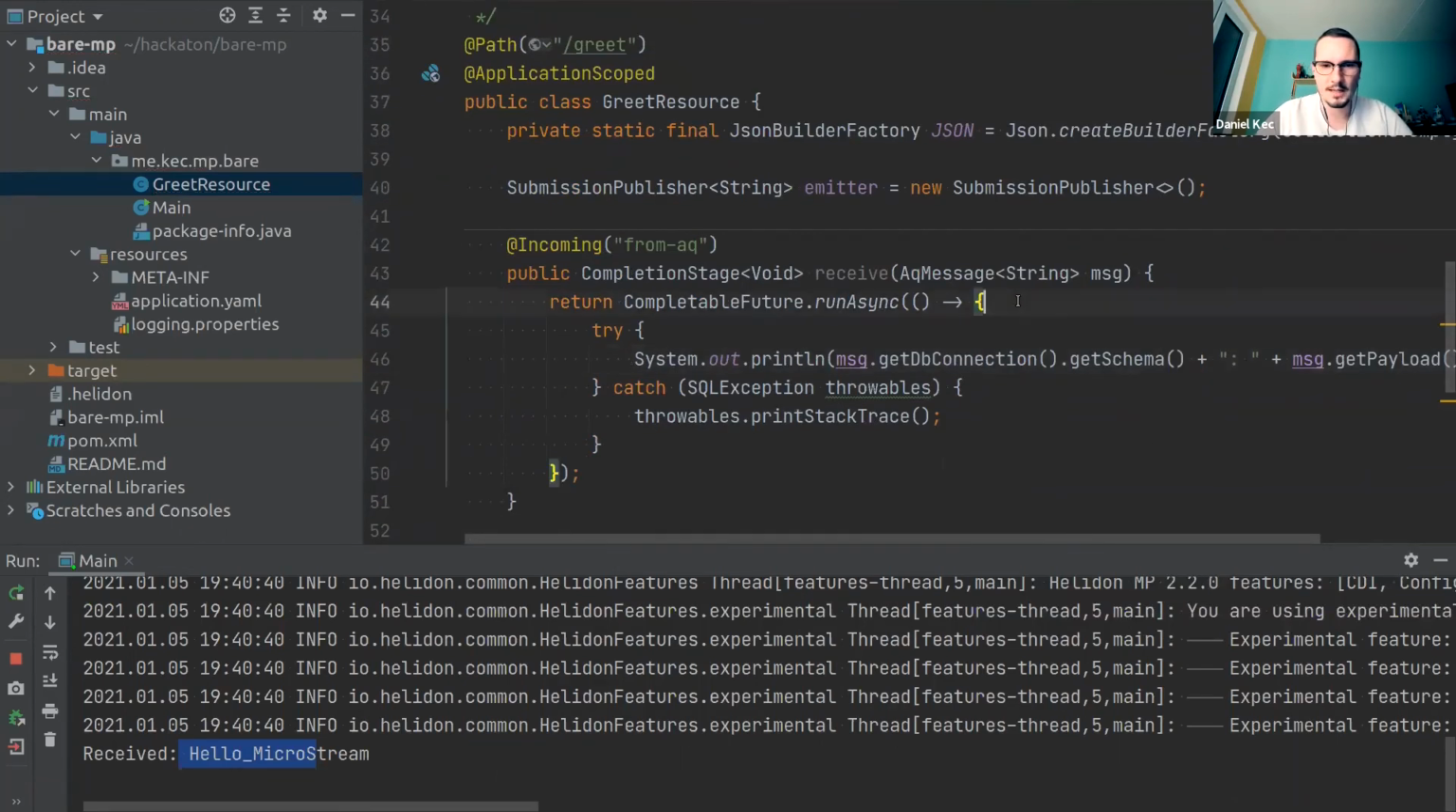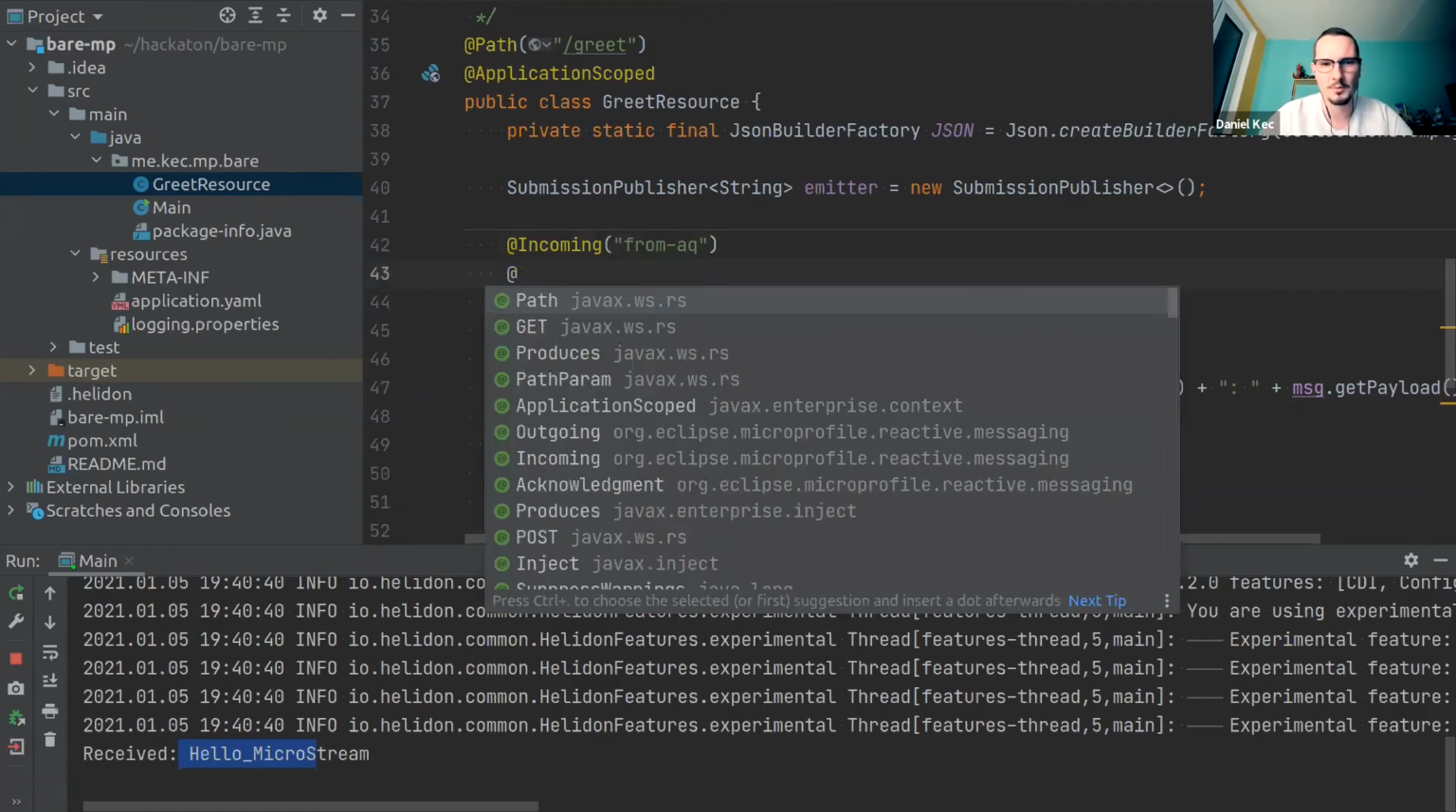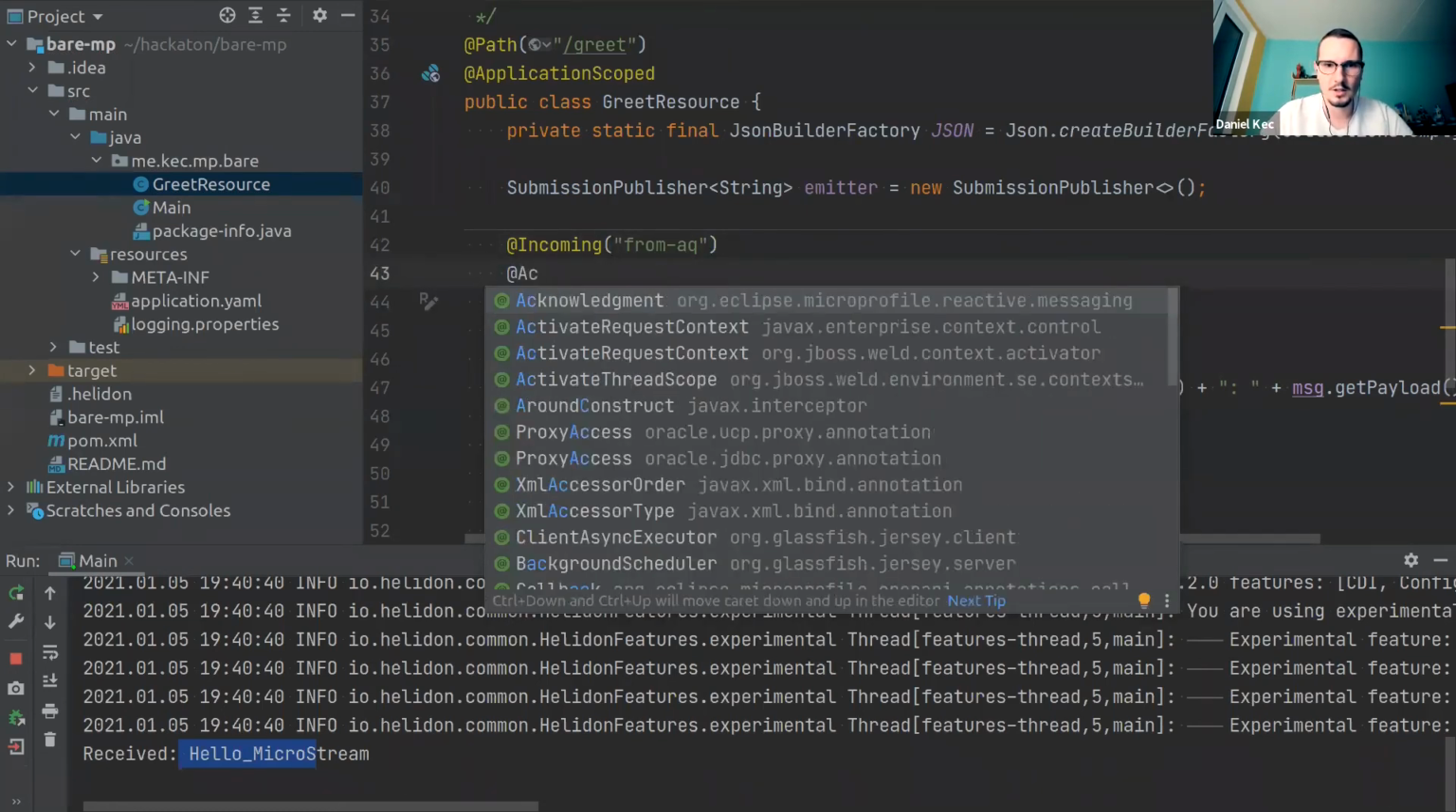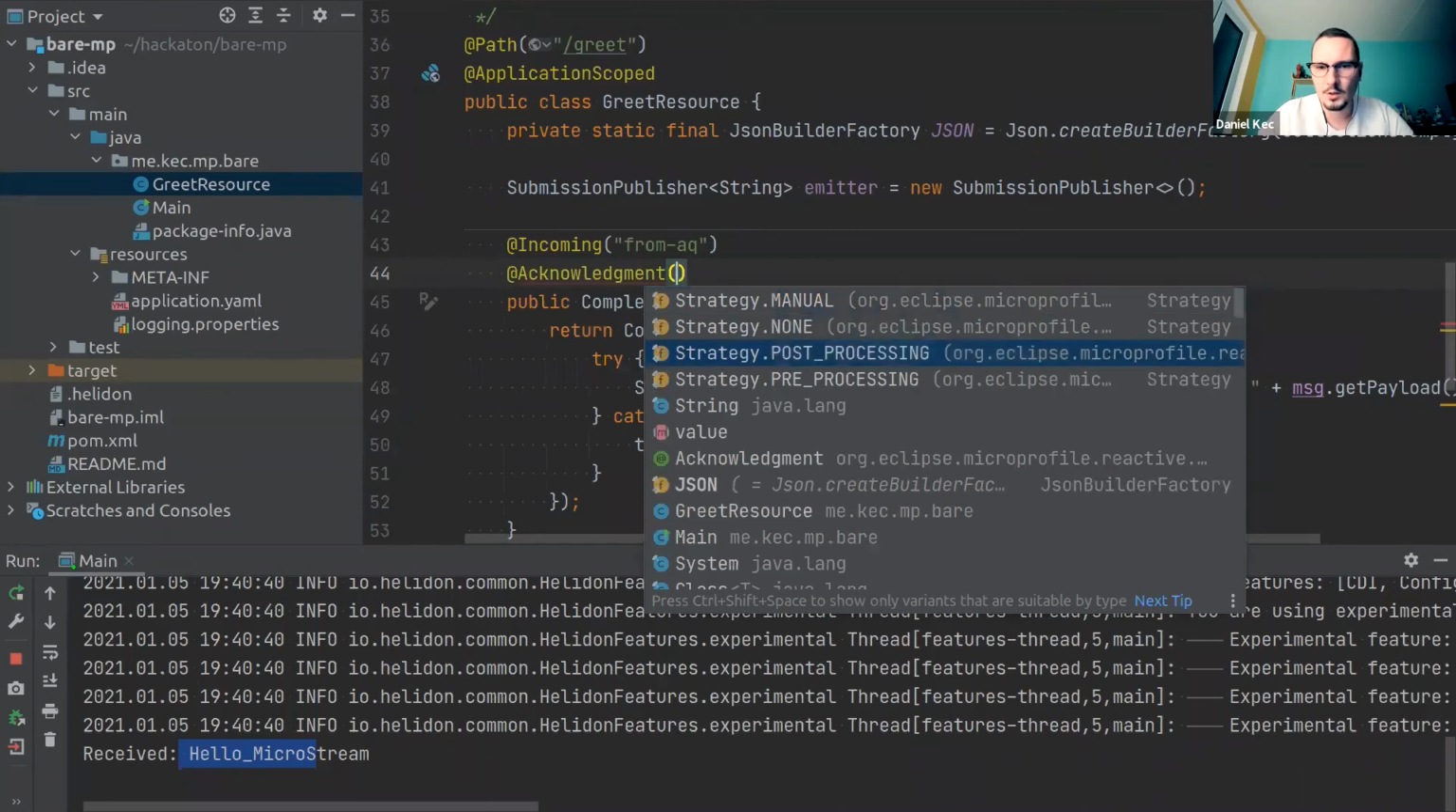Yeah, it will be done asynchronously, and when it's done, it will inform through the completion stage that it's finished. So this should just work, but if we do something with the database here, we want to know when the message is acknowledged, when it's actually committed. So we will switch from the automatic acknowledgement. There are implicit acknowledgement strategies for different method signatures, but we will use manual